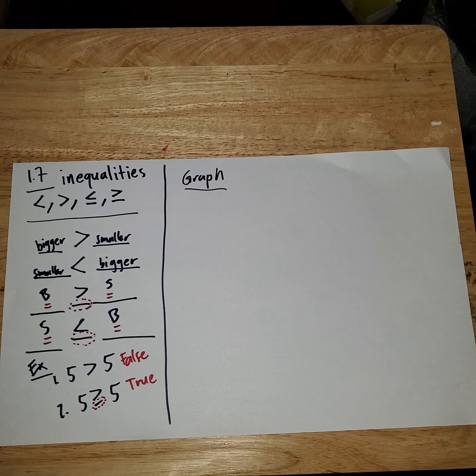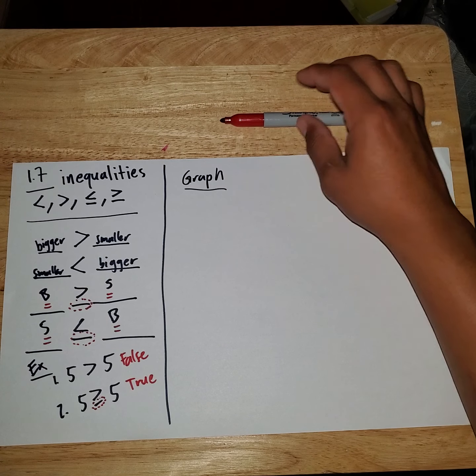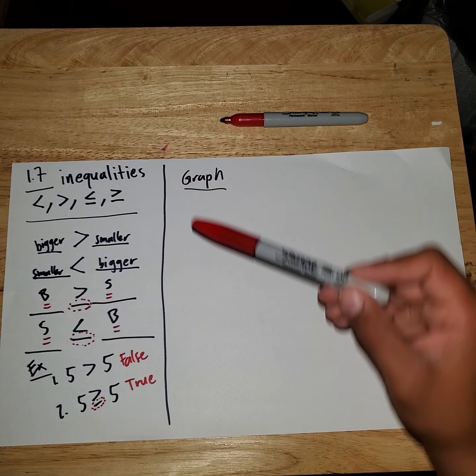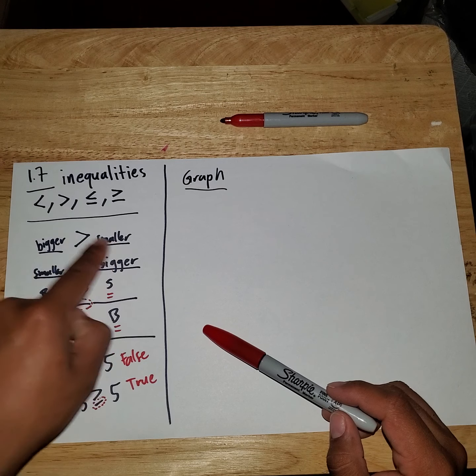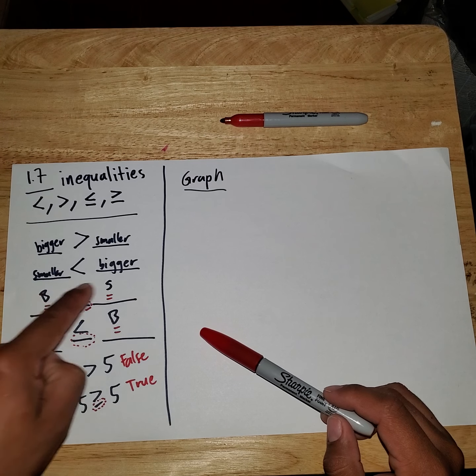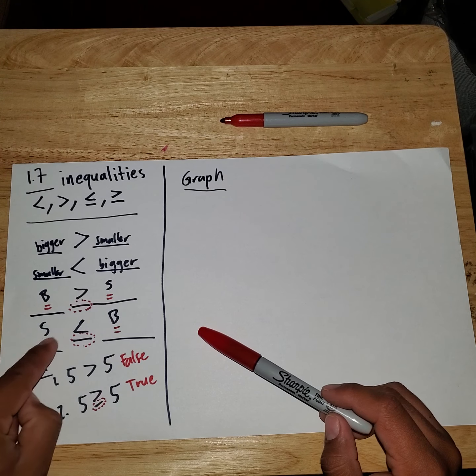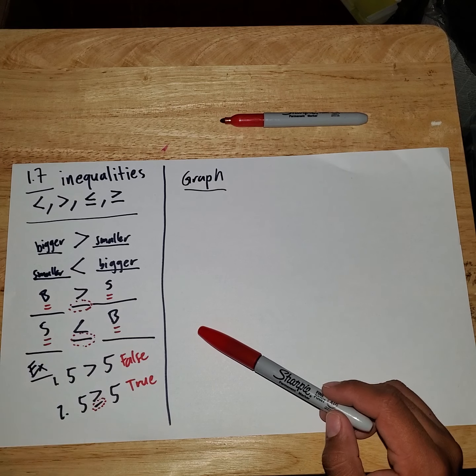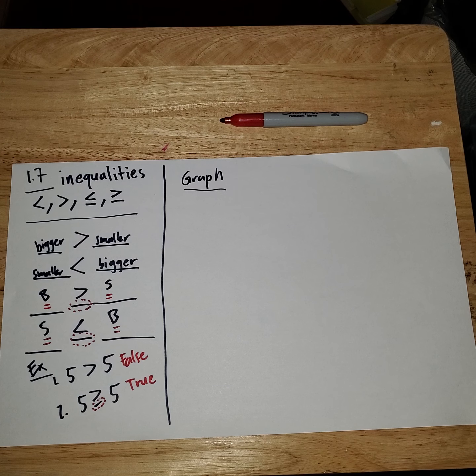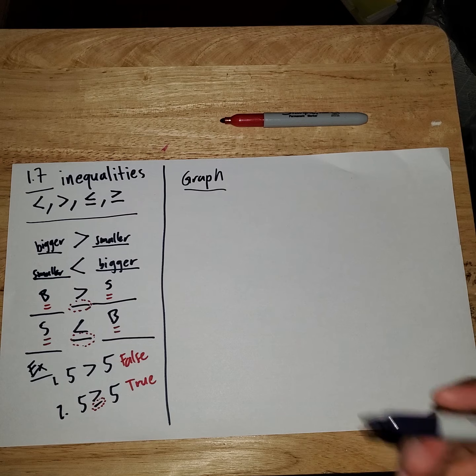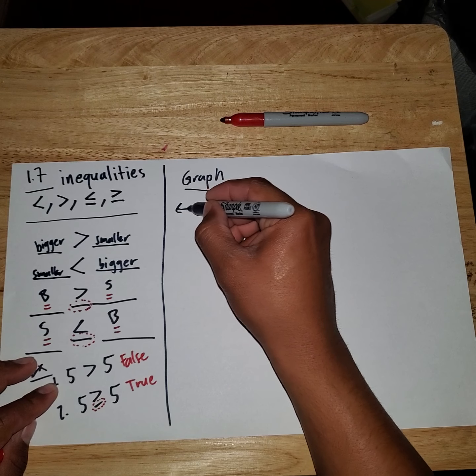And once we graph them, we have to remember a couple of things, but we'll get to that. But the main important thing: bigger side, smaller. Bigger, smaller, bigger, smaller, or equal to. Smaller, bigger, or equal to. That's what you have to remember. Because when we're looking at a number line,